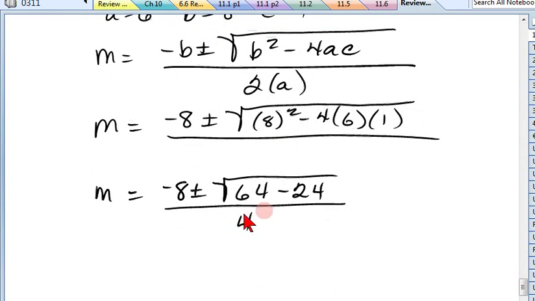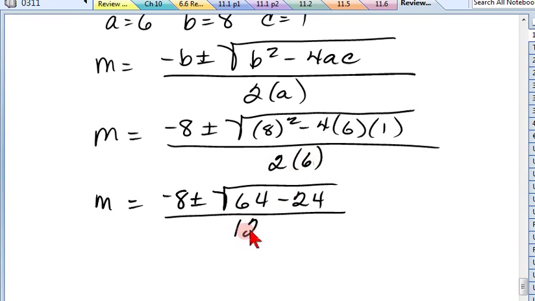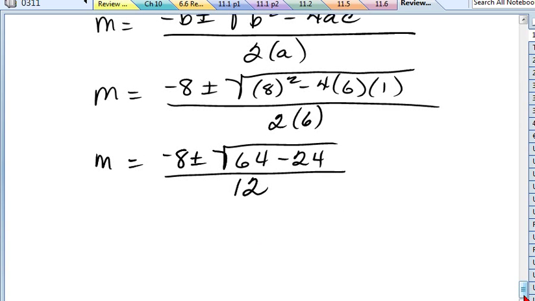I just wonder where I got a 4. I mean, that one doesn't even make any sense. 2 times, yeah, okay. 12. I thought I was going to actually make it through this one unflawed, but no such luck. I would do better if y'all would just say what the next step is and I'll write it down. Negative 8 plus or minus the square root of 40